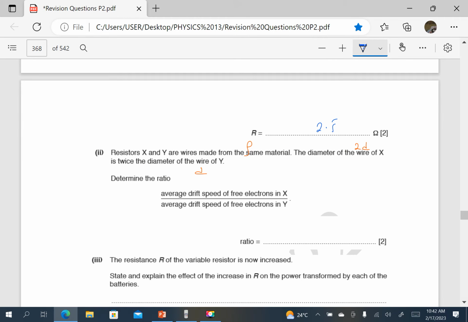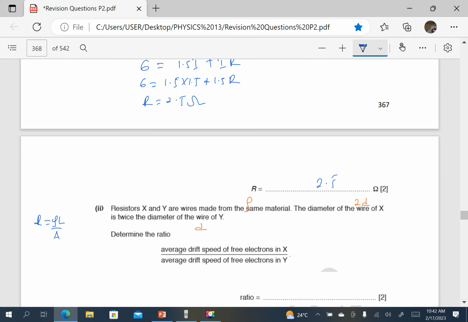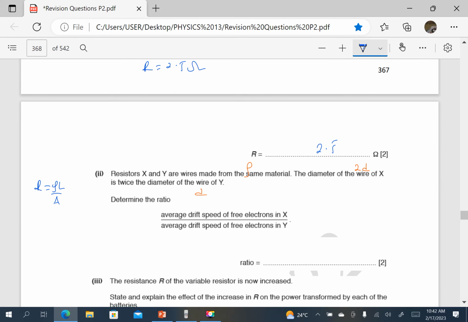So let's go back to the basics first. First of all, resistance is equal to rho L over cross-section area A. They have told us they are from the same material, so resistivity is the same. The diameter is different. Nothing is mentioned about the length, so we can first leave the length there. But then also we know